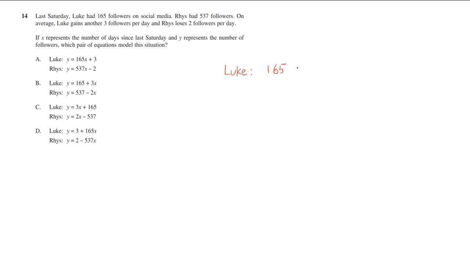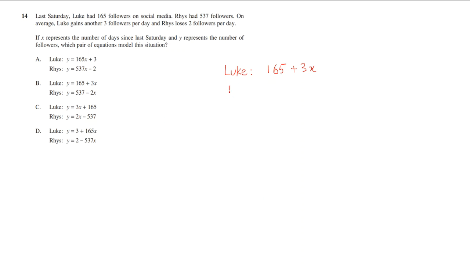Then what's happening is he's gaining 3 followers every day. And if x is the number of days, then for any number of days that increase, he's going to gain 3 times the number of days as the followers that he will gain. So he will gain 3x,